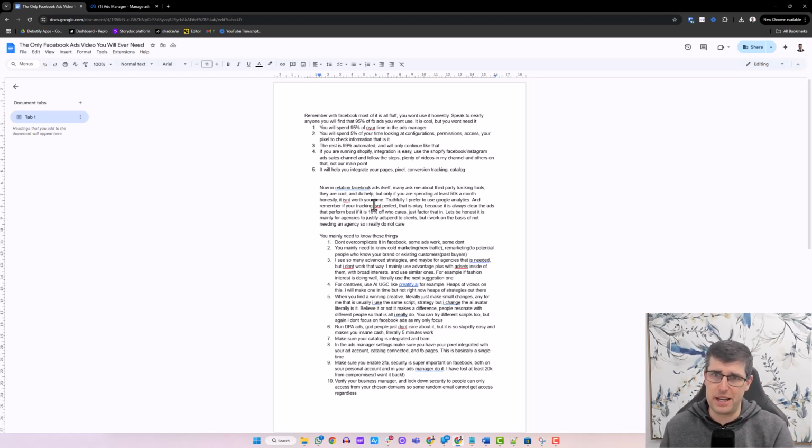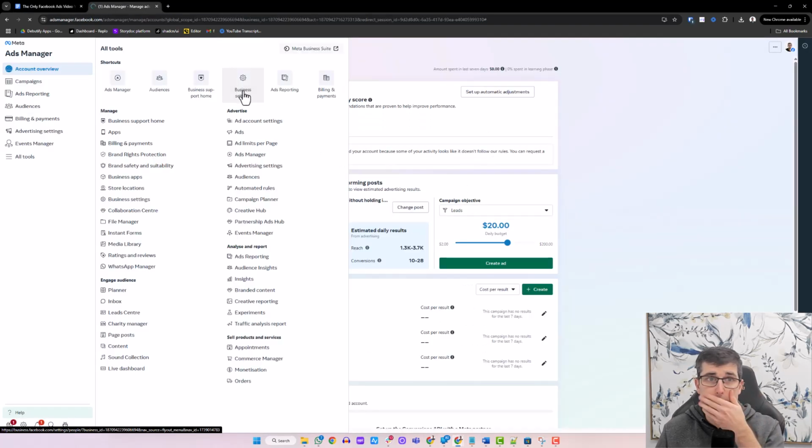Because you want the most tracking. I don't know why it does that. When you go through it, you'll see 3 options. I can't remember the others, but it's like, yes, I want more conversion tracking. Anyway, the point of what I'm making here is that you want to do that. Like if I go into my business settings now, right?